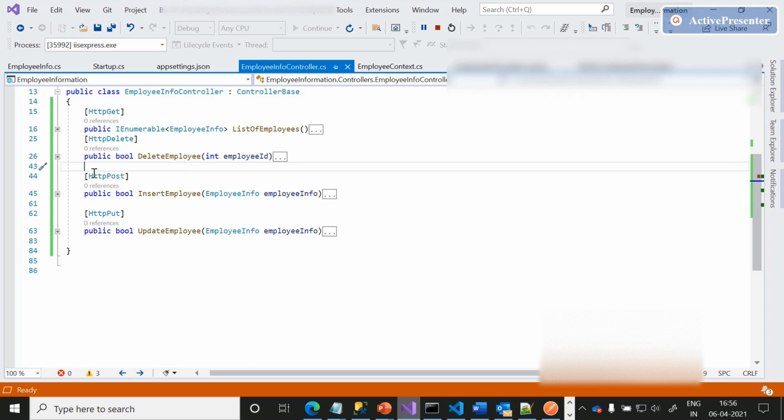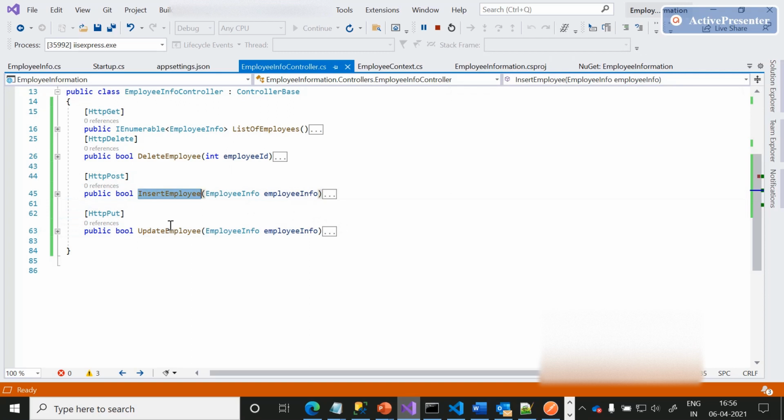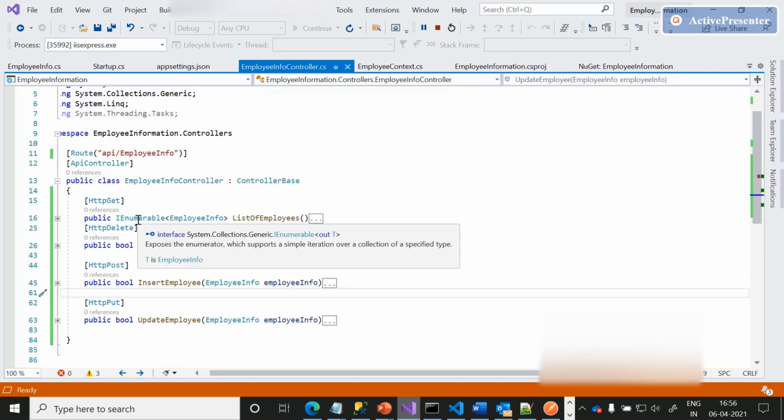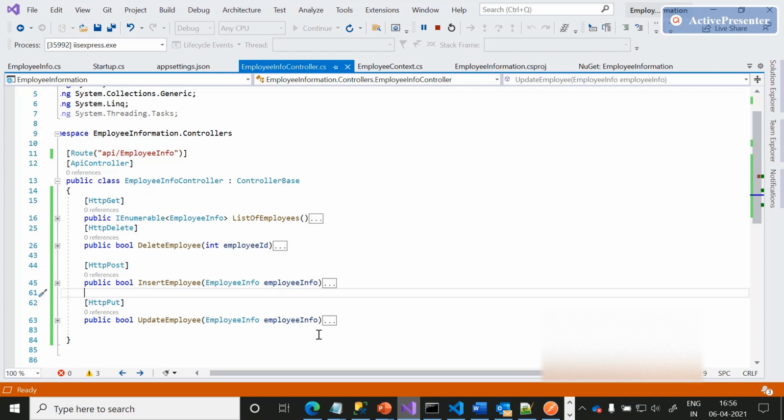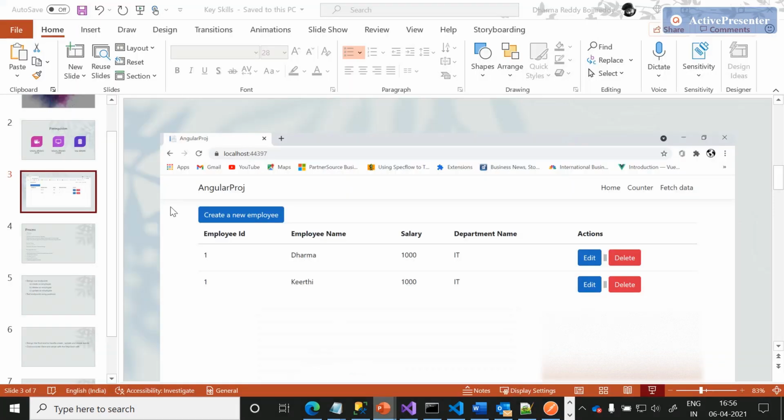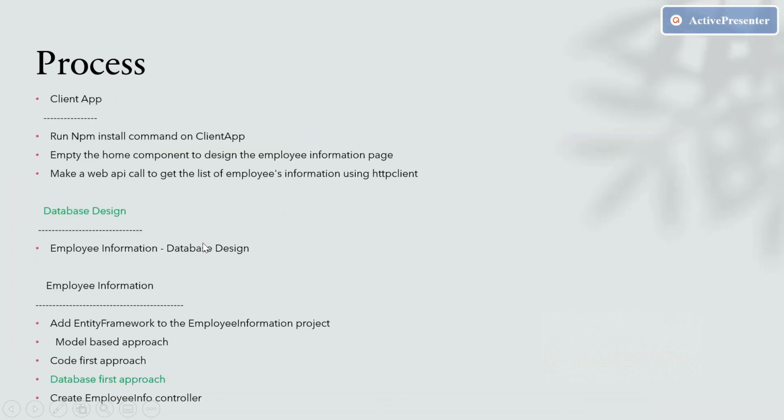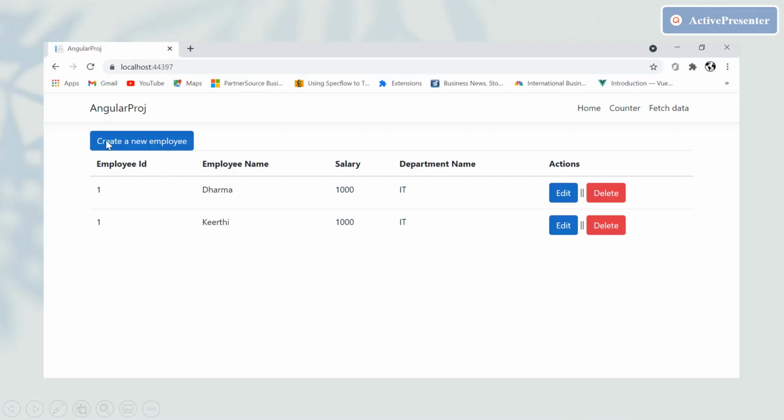Just follow the same and try to test the two other endpoints through Postman, like insert employee and update employee. With this we are done with designing the HTTP endpoints to handle employee information events. Let me go back and show you the slide. If you observe here, we are ready with the create employee endpoint, edit employee endpoint, and delete employee endpoint.